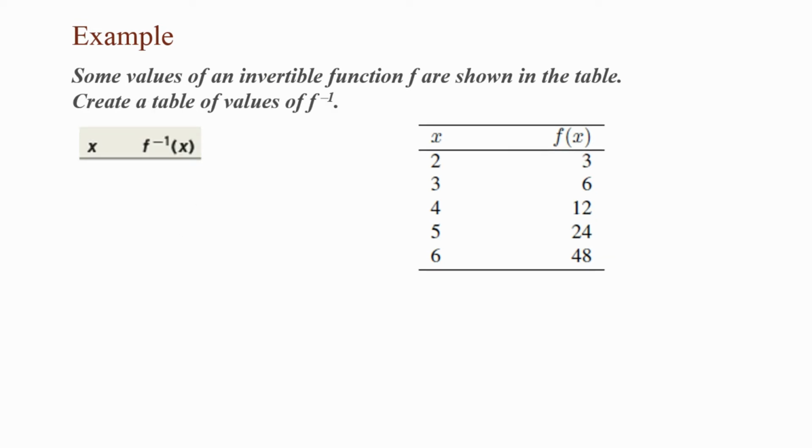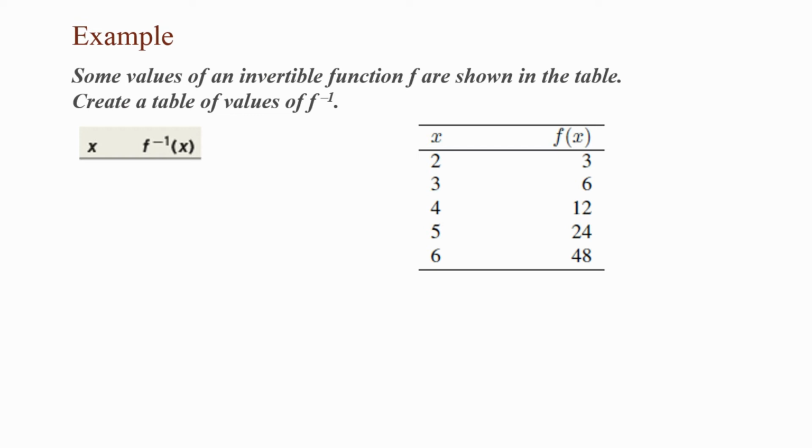In this example, some values of an invertible function f are shown in the table. Create a table of values of f inverse. Using the same table from the previous example, we want to create a table showing our inverse function. For that, our input becomes the output of f of x. So everything under the f of x column now becomes my x, and everything under the x column becomes my